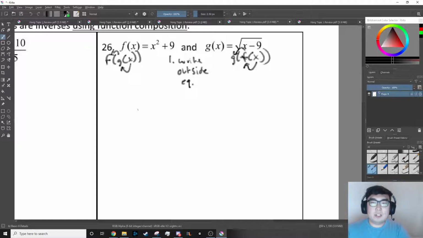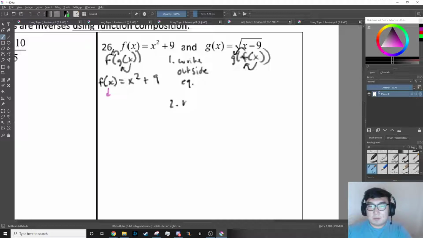All right, let's do the left side first. So g of x goes inside f. So I know that I have to write f because f is my outside equation. So x squared plus 9. I'll write f of x is equal to x squared plus 9. But if I replace this x with g of x, which is my next step,